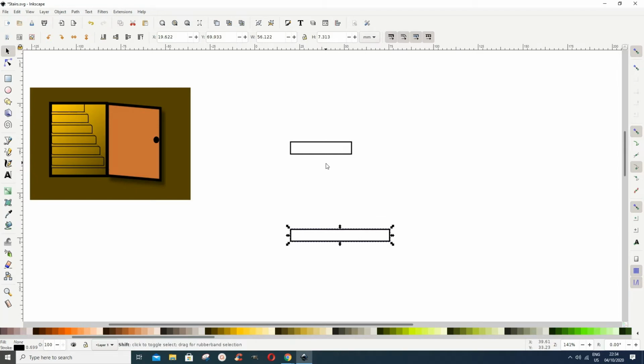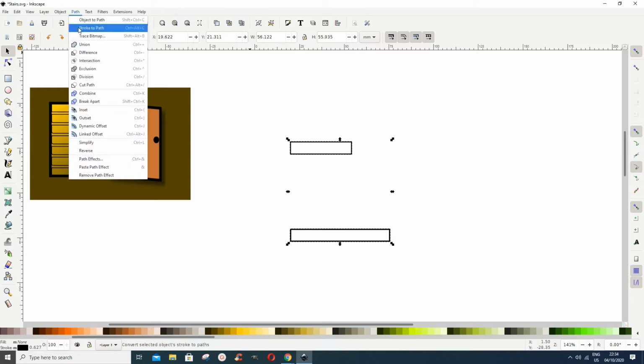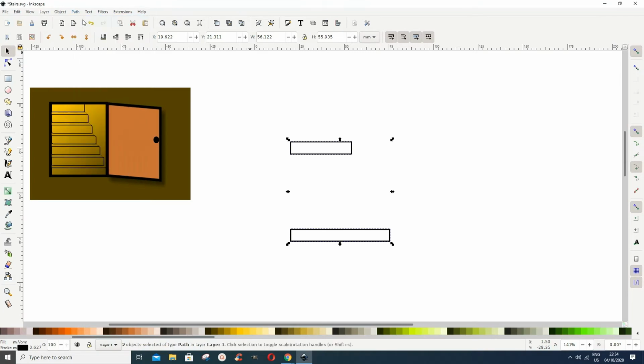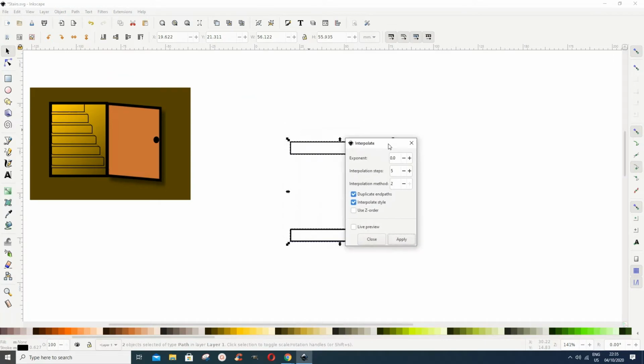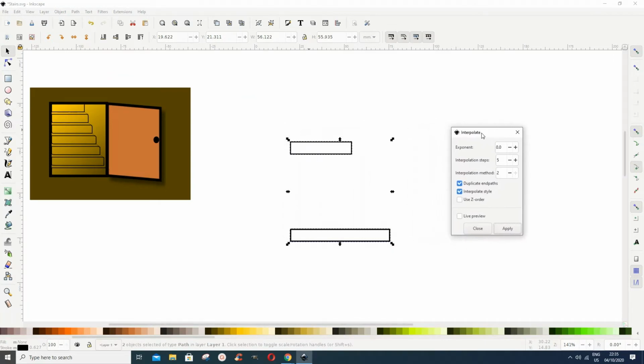Now hold Shift and select this, and then we go to Path, and then Object to Path. Now go to Extensions, then Generate from Path, and then Interpolate. Now you get this box coming in here. I would choose 5, depending on the distance. You can choose whatever you want,